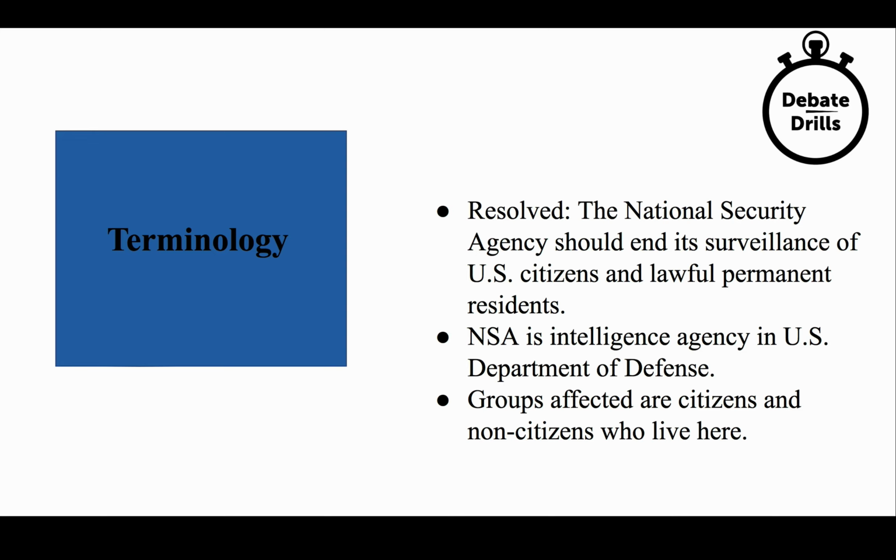The groups affected in the resolution are U.S. citizens and lawful permanent residents, so citizens and the non-citizens who are permanently able to live here. Notably, this does not include foreign surveillance, or non-Americans who may be temporarily in the country, or people who are outside of the U.S. This becomes relevant because it may result in a distinction between foreign intelligence and intelligence that is collected on people in the United States, since a lot of the literature does talk about collection on those who are not necessarily American, such as the Foreign Intelligence Surveillance Act, or FISA. But more on that in a little bit when we talk about the definition of surveillance.